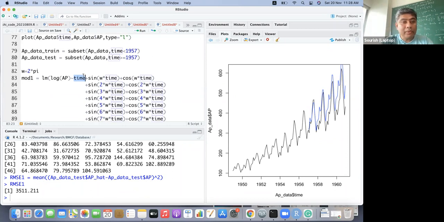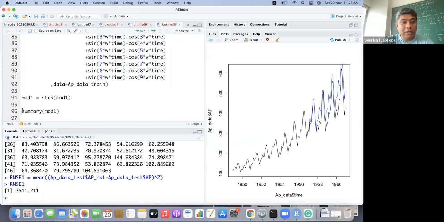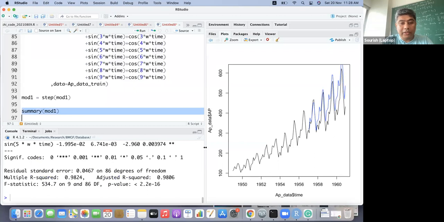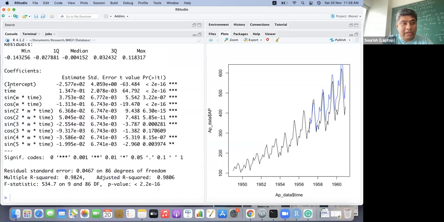Okay, clear? Anybody have any doubt? This is the full final model. So here is the intercept and a simple trend, which is just modeling this part. And then the sine cos functions are modeling the sine wave and cos wave.